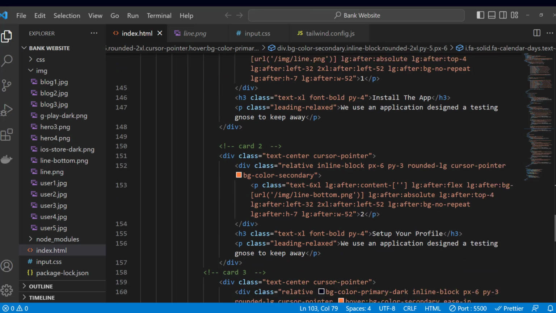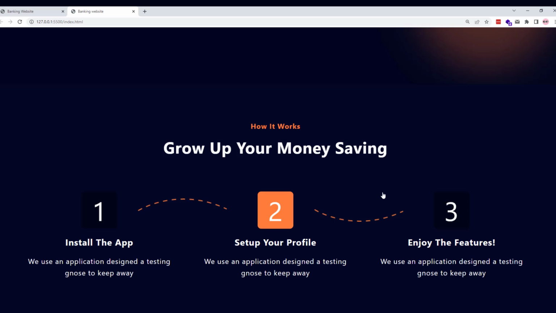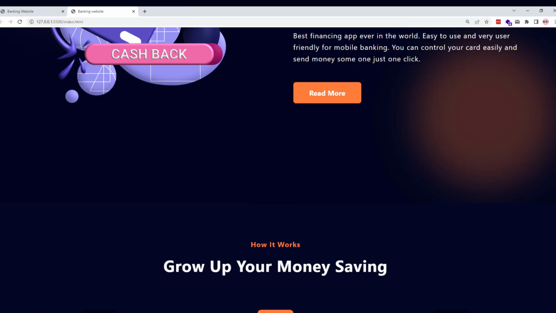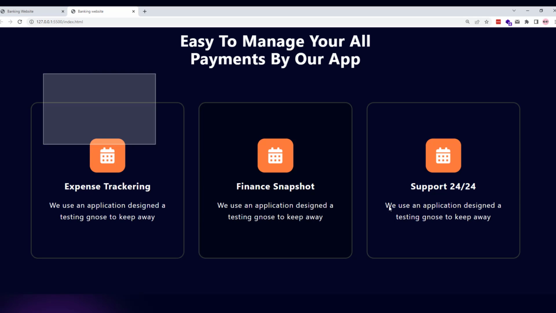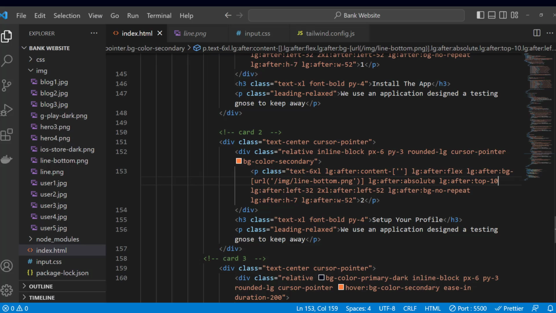So I will scroll down and inside our card number 2, I want to add here top dash 10. Now save the changes. Back in the browser. Now it's looking good. I will scroll up and inside this section I want to change the icon. Back to our code. I will scroll up